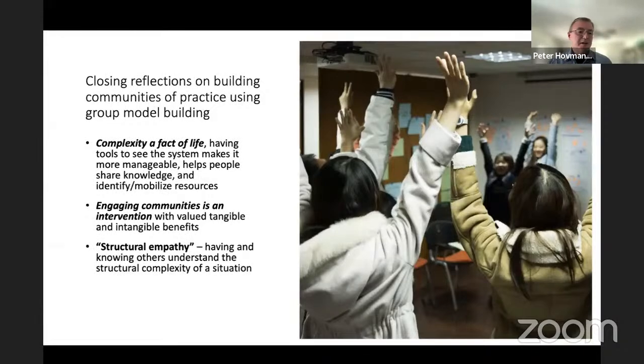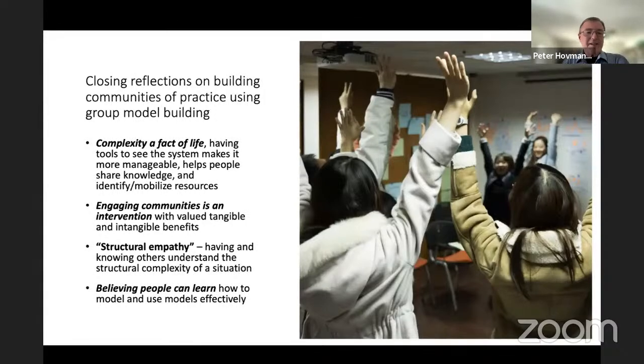There's a term I've used over the years, really speaking to structural empathy. So knowing that others understand the structural complexity of a situation is powerful, and it's been really a privilege when communities are sharing their stories and seeing that happen. And then lastly,